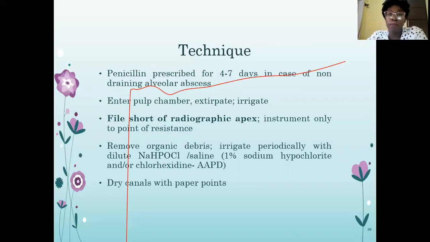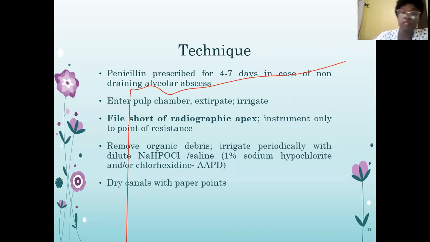Enter your pulp chamber, extirpate and irrigate. File short of your radiographic apex and instrument only to the point of resistance. And then how do you remove your organic debris? By irrigation. Irrigate periodically with dilute hypochlorite and normal saline. Here it is 1%. So it is important that you also use your sodium hypochlorite because you're trying to disinfect as you go along. If you're doing a pulpectomy and you only use saline, yes, you'll be able to mechanically disengage any of your debris and wash it out, but use your hypochlorite as well so that you can disinfect